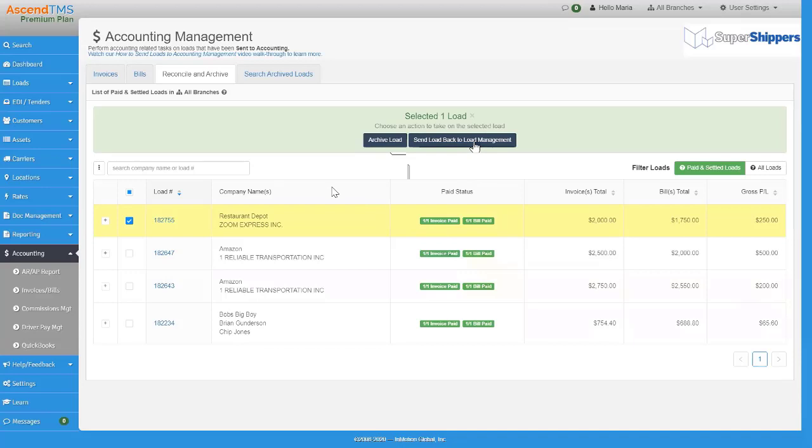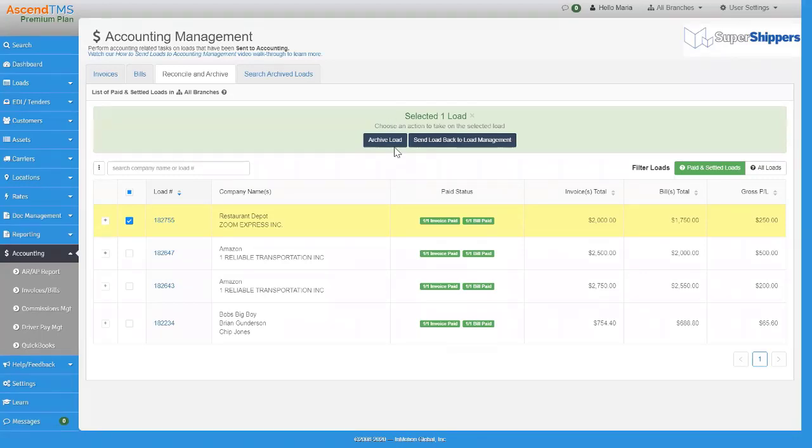I believe that button still exists today in Ascend because at one point, maybe we didn't have archiving when accounting was originally designed, which was well before my time here. So whenever Ascend builds new things and enhances the system, we don't take away buttons that a previous user is possibly still using today. We desperately try not to do that because we never want to take functionality away from you. So that's a good thing to know about Ascend. That's why you'll see buttons in certain areas that may make you go, wait, why is that there? Most likely it's because someone somewhere is still using it.